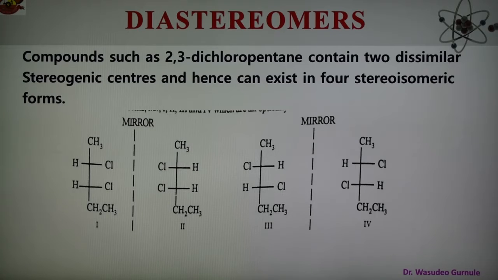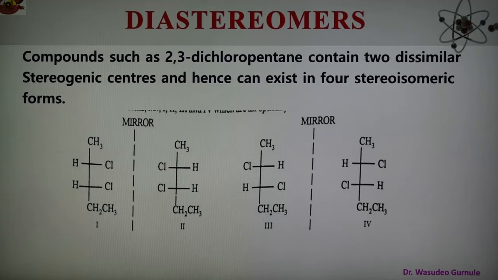In general we can say that each asymmetric carbon atom in the molecule doubles the number of theoretically possible isomers. Therefore, a molecule with 2 asymmetric carbon atoms should have 2 to the power 2, that is 4 stereoisomers, and therefore 4 isomers of 3-bromo-2-butanol are possible. And here the structures are shown for the example.